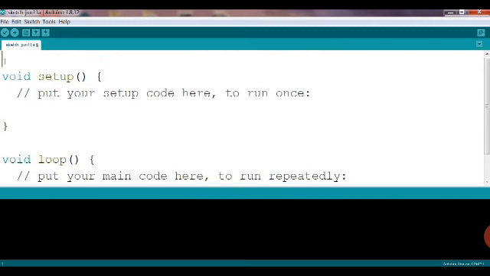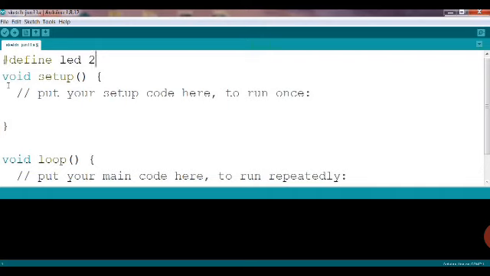So how to write? Before void setup we have to write down define, and you can give any name to the LED, so we can give the name LED itself. So after the hash we have to write the word define the same way, and then LED. That is the name we have given, and 2. So the meaning of this line is we have fixed the pin number 2 for the LED.